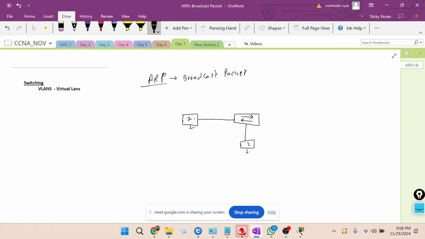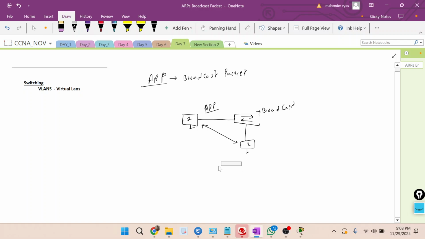When this system wants to communicate with this, initially there is an ARP packet. And whenever there is ARP, the switch will do a broadcast. And the broadcast will go to all the available active ports. Correct? That was what we saw yesterday in our labs, right?